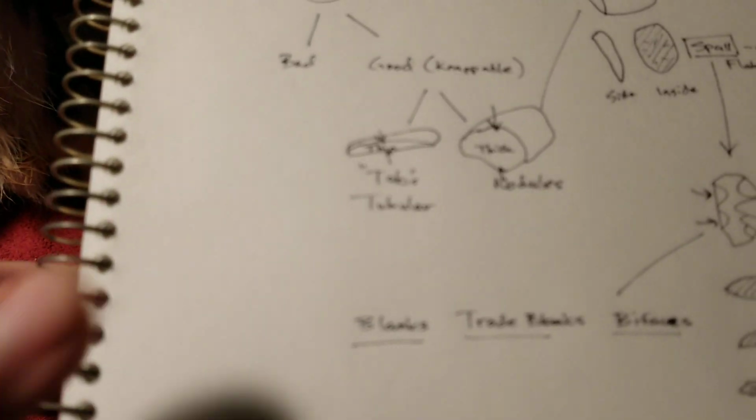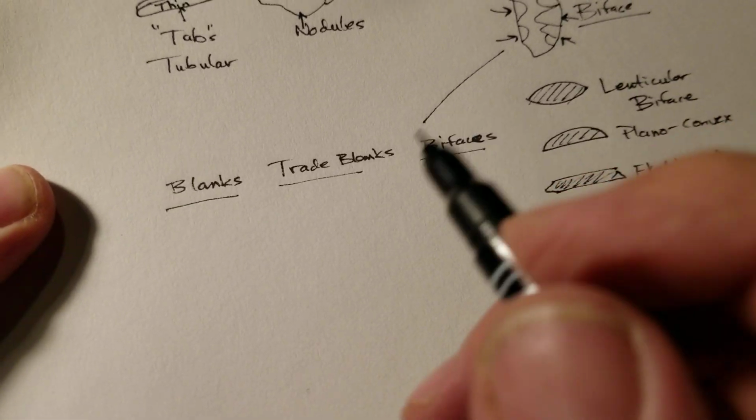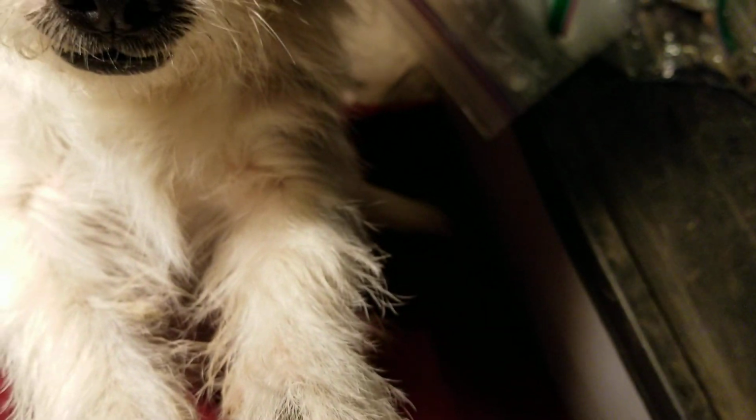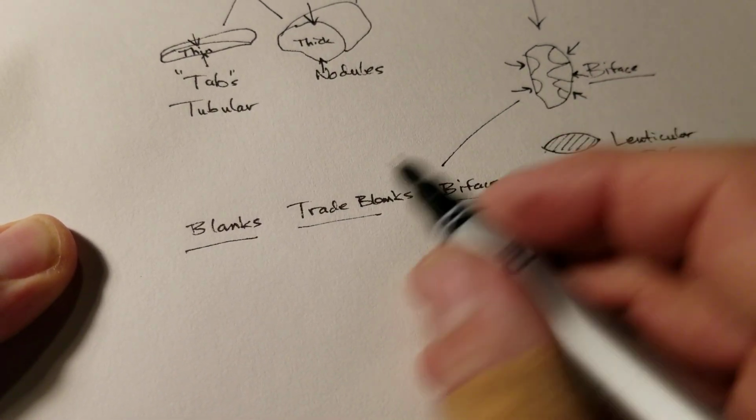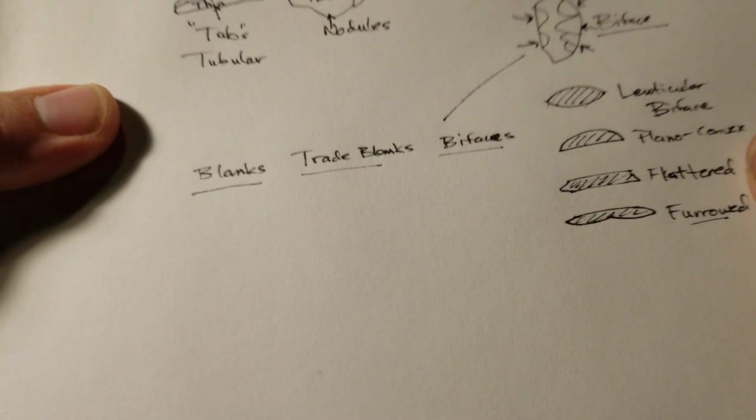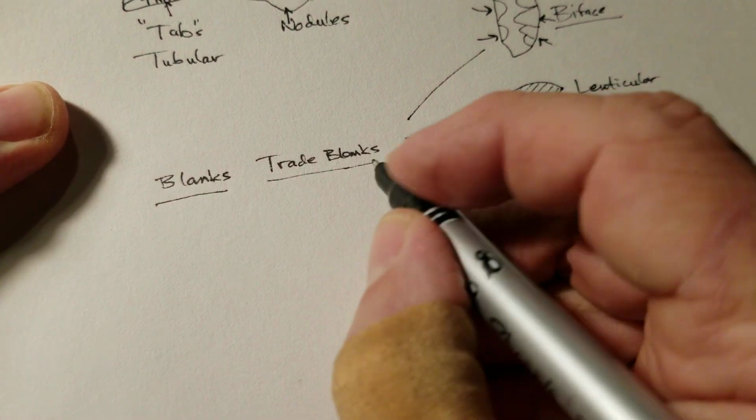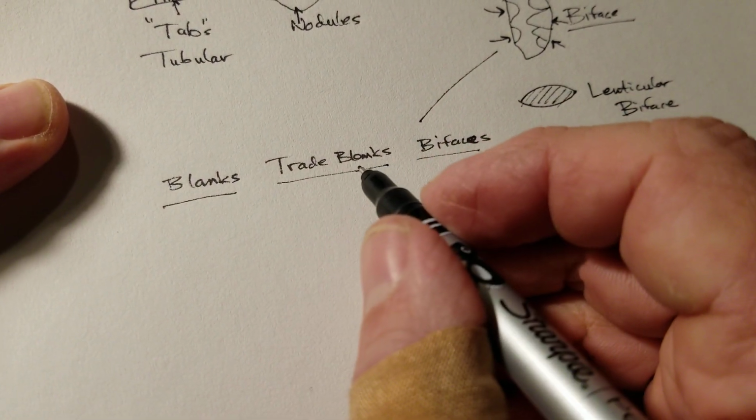Physically, they look identical. These three look identical. He's got his paw on my notebook. They all look the same. The difference is in the uses. A blank